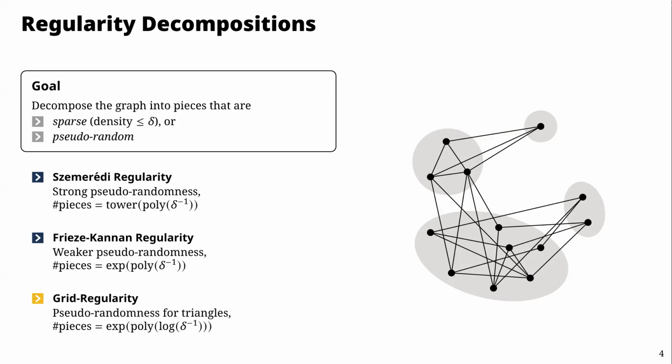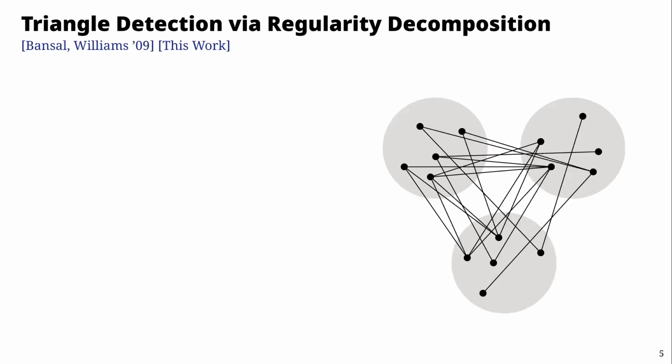Okay, now why is this interesting? How would we be able to gain from such a regularity decomposition? Let me show you. The idea is actually very simple. And as I mentioned before, we're also not the first ones to apply regularity decompositions to the triangle detection problem. So that's also what Bansal and Williams did. They used a different regularity decomposition, but from this high-level point of view, their algorithm is kind